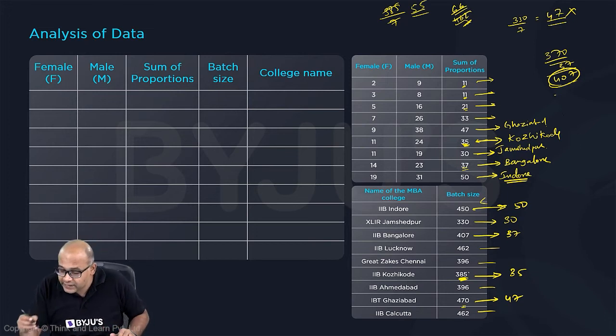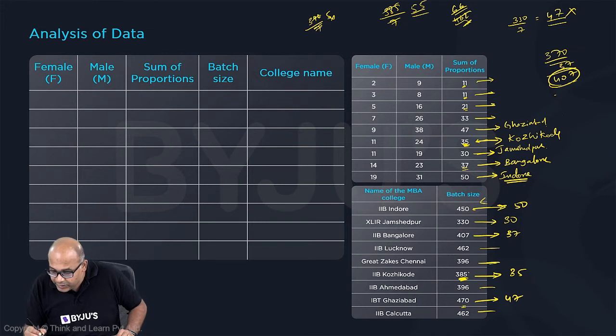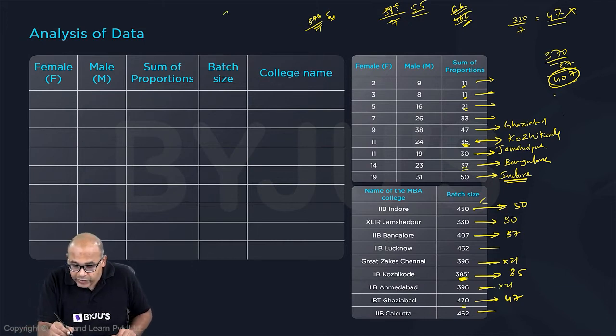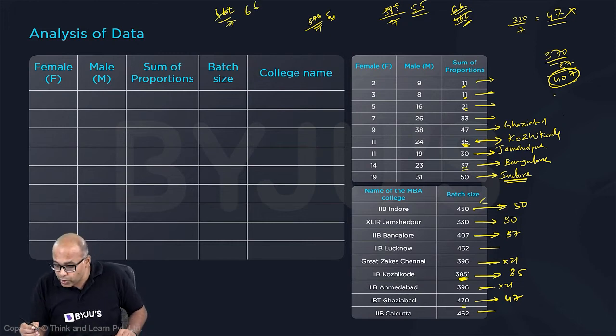So let us see 396. Is 396 a multiple of 7? 7 5s are 35, 7 6s are 42. So no, this is not. That's fine. So basically this cannot be your 33. This cannot be 21. Similarly, 396 also cannot be 21. What about 462? 462 by 7, 7 6s are 42. So one of these